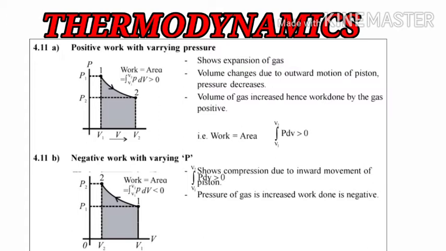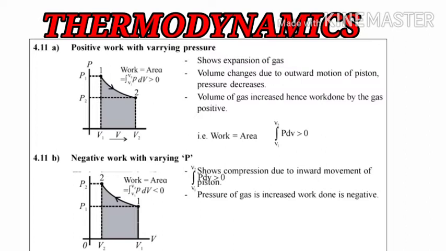But students, at point 1 the volume is constant, which means there will not be any increase or decrease in the motion of the piston. But at point 2 the volume has been changed with the constant pressure P2. So as the process goes from 1 to 2, the volume goes on increasing from point 1 to point 2, with the pressure constant at point 2 and the volume increased.